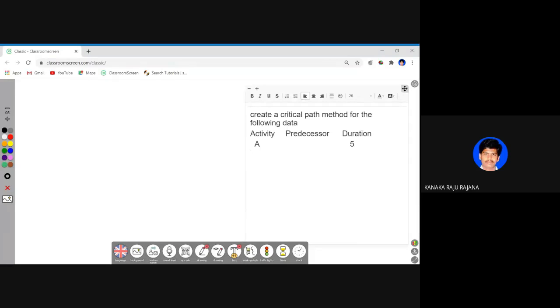Okay. Similarly, activity B. At this time, the producer is A. And the duration is, let us take an example, 3. Okay. Similarly,